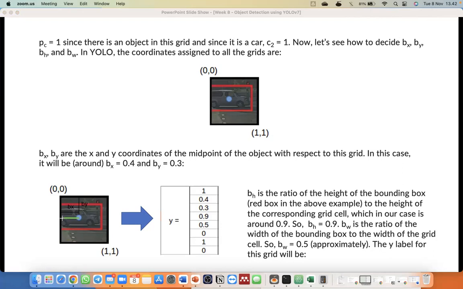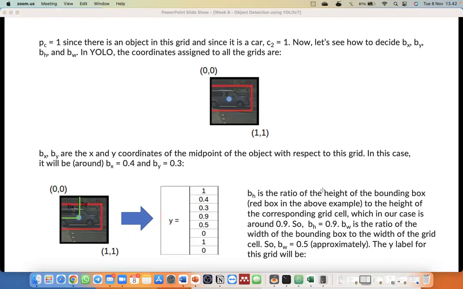This one is for the x coordinate, and this one is the y coordinate, right? So what is the position of this midpoint? It will be 0.4, 0.3, right? It starts from the top, not the bottom.